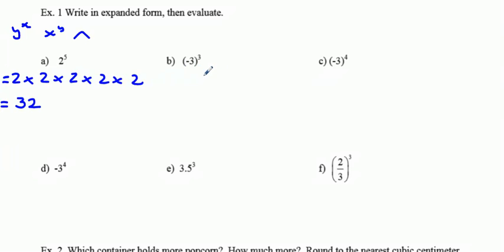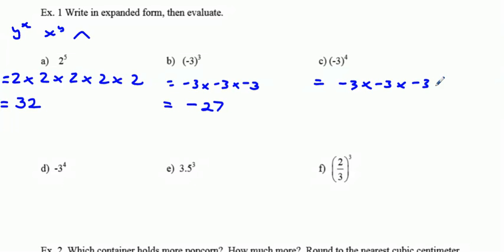In this particular example, we see that we've got -3 cubed. The base is -3, the exponent is +3. So the expanded form of this is -3 times -3 times -3, and that is equal to -27. -3 to the 4th is very similar. It's just -3 times -3 times -3 times -3 one more time. Oopsie, sorry, no, I've got too many in there. And that's going to give you